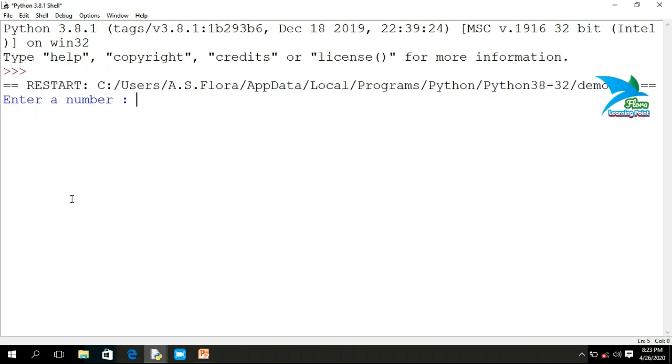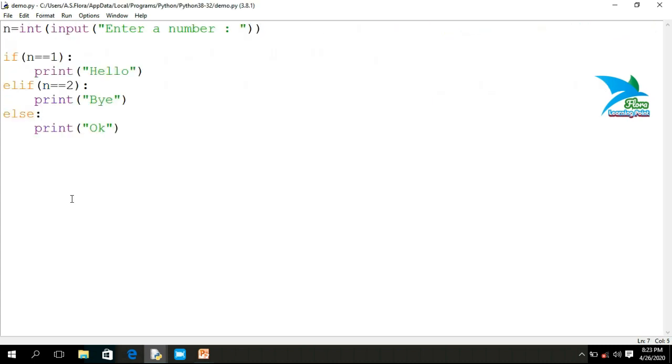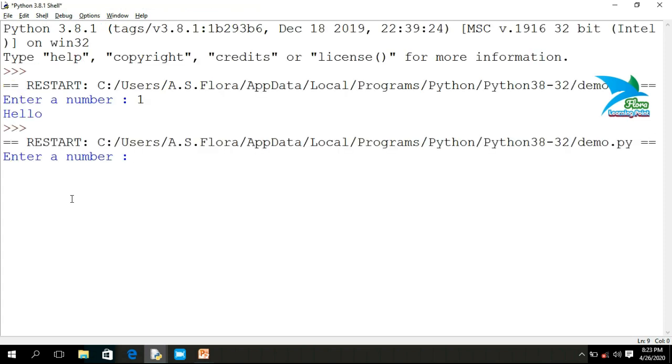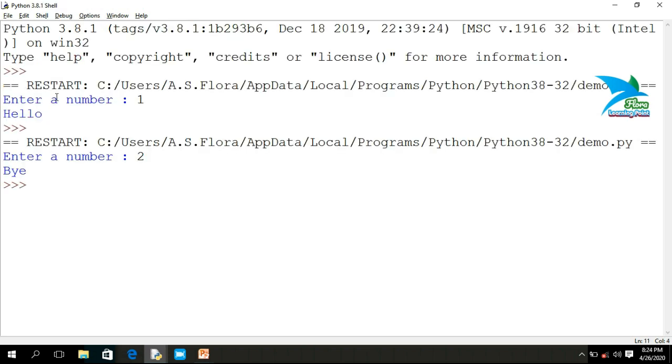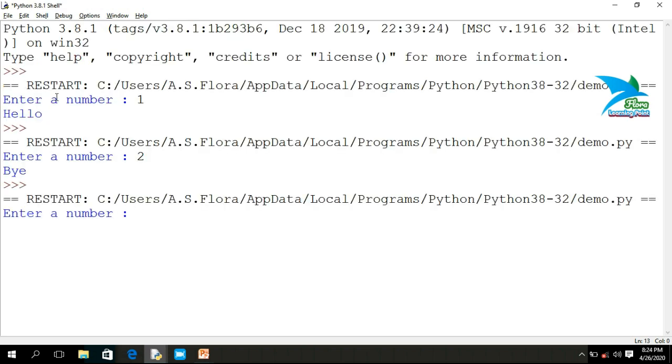Save it. Now if I give 1, the system will print hello because condition 1 is true. Next, if I give 2, the system prints bye, because the first condition is false, then control moves to the second condition, and that is true. And if I input any other value except 1 or 2, such as 3, 4, 5, 6, or let's suppose I have entered 12,